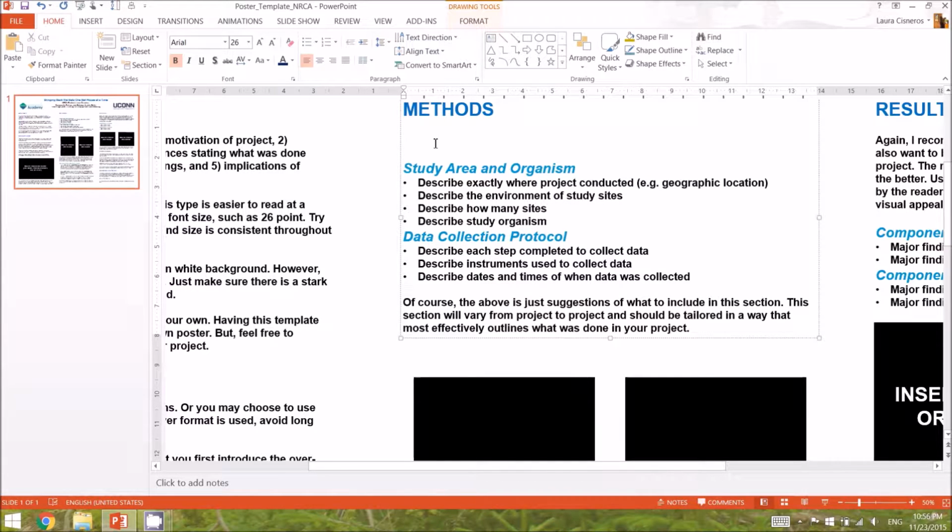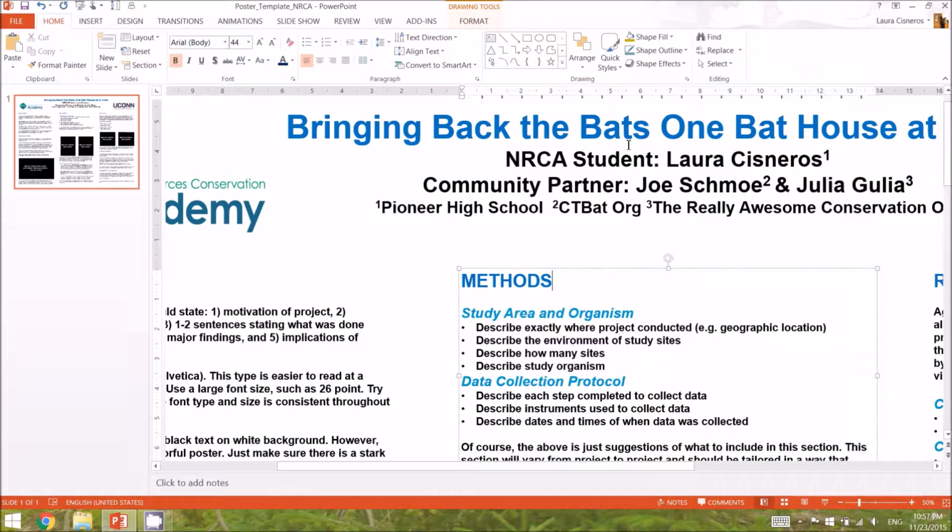For example, you could say this project consists of 2 components. And then you can generally describe what those 2 components are before going into more detail below. But if you don't want to use that section and you just want to dive right into the various subheaders, go ahead, you can delete that part